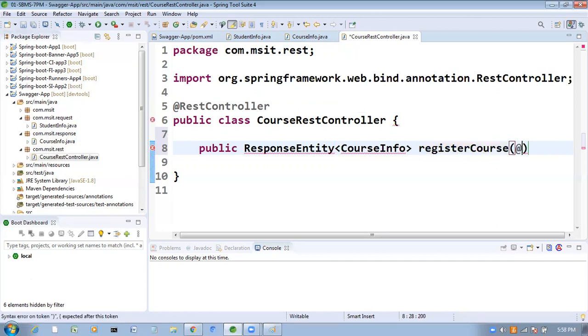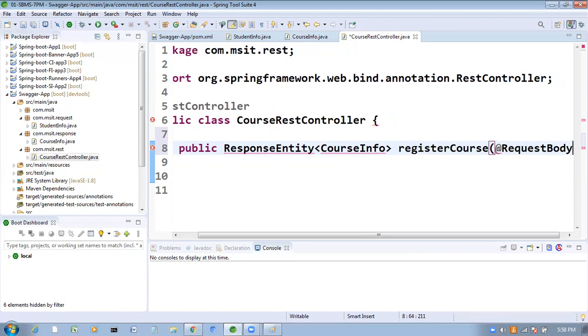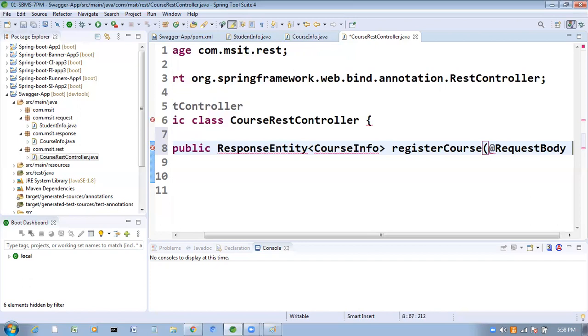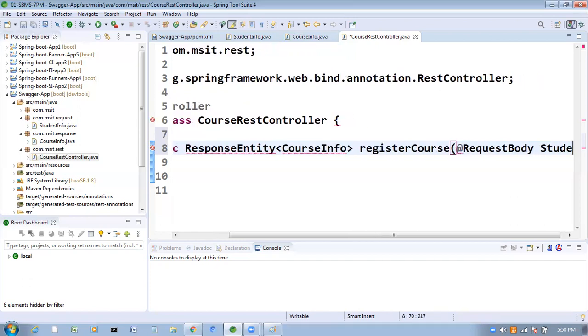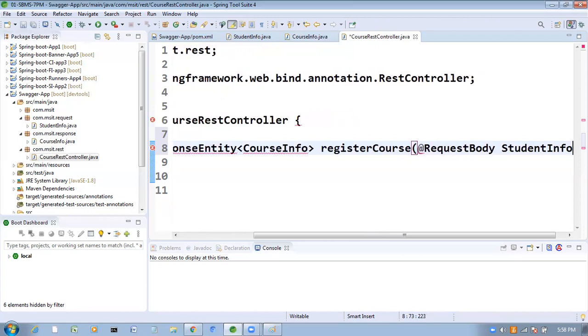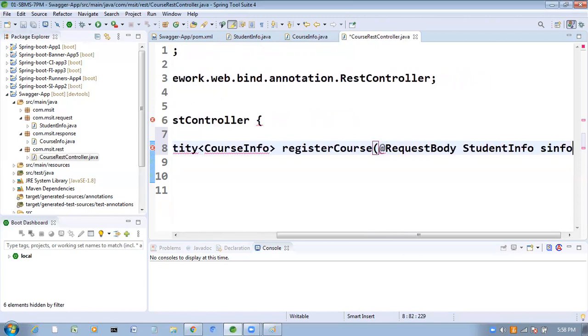Now inside this, @RequestBody. Here I am going to take the request as StudentInfo, yes, StudentInfo I am creating.